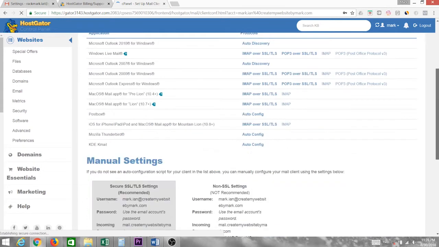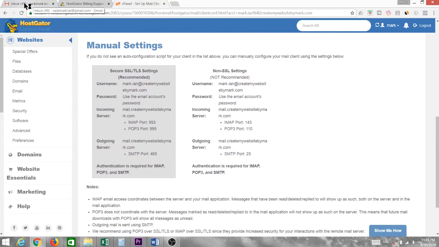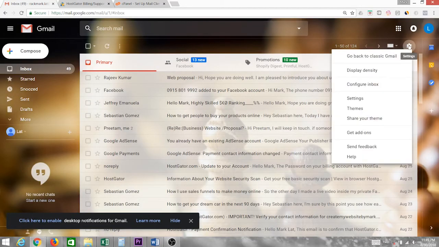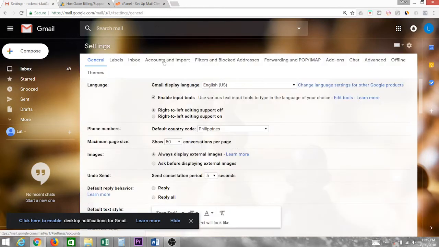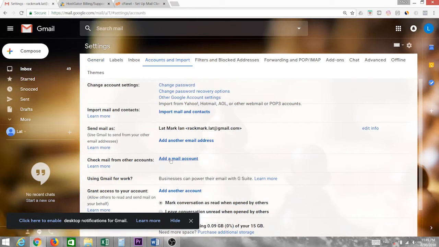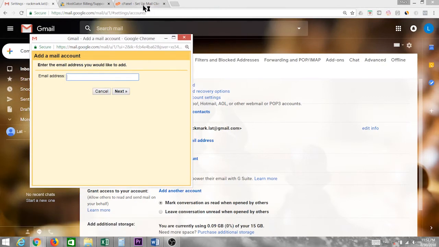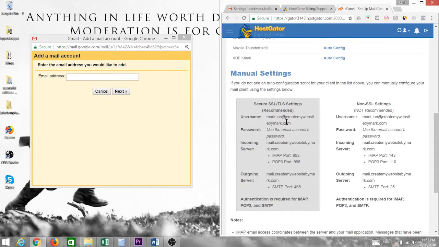Then we scroll down. This is the information that we need in manual settings. Okay, let's go back to our Gmail, then click on this button, the settings, and then settings, and then look for accounts and import, and add mail account. This will pop up, and then let's go back to our cPanel, and let's copy this email of ours here, next,